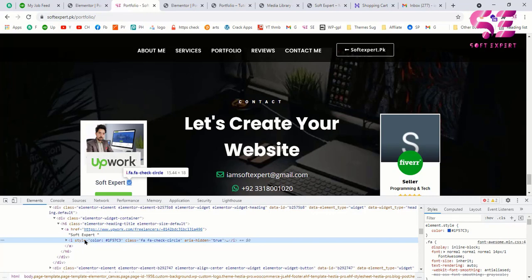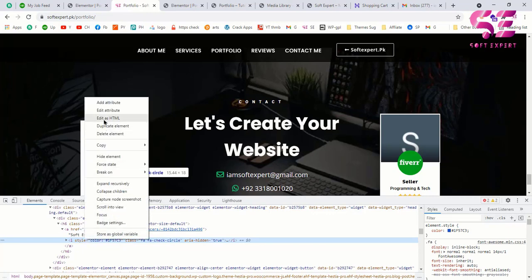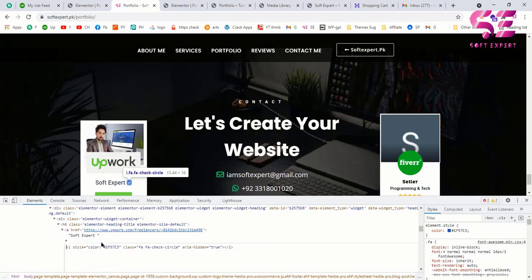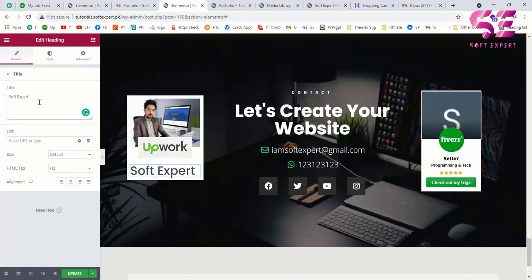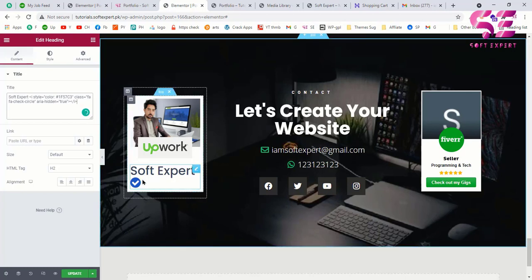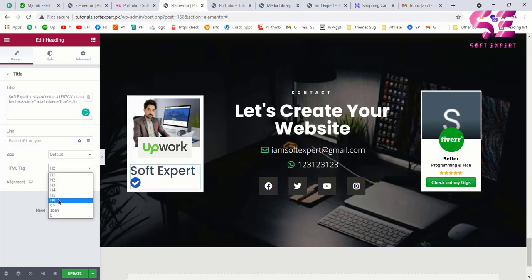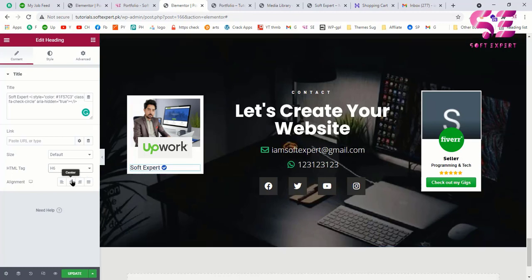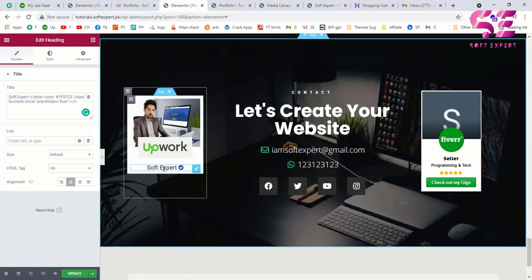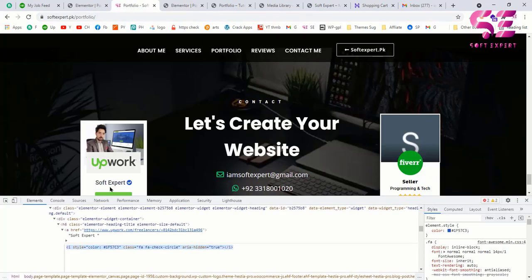So right click here and edit as HTML. Select this and copy this code. Go back to Elementor and paste it in front of the name, and that is how you can get the tick mark. Now we will choose H6 just to make this small, and we'll align this to center, and that's it. Now we need a button also,